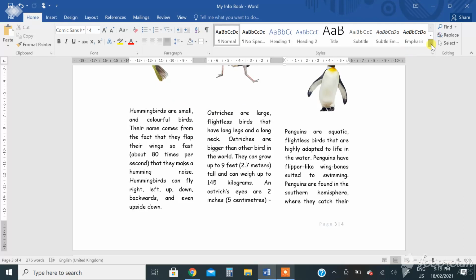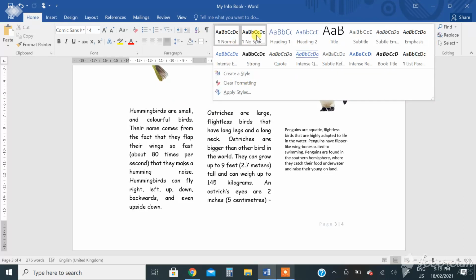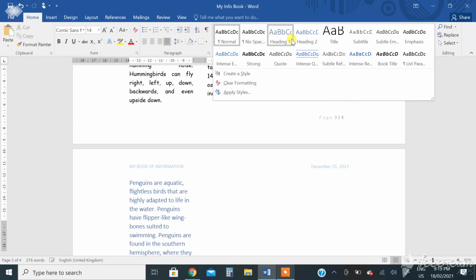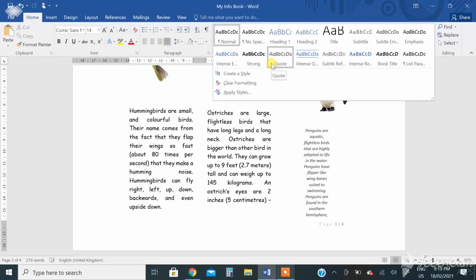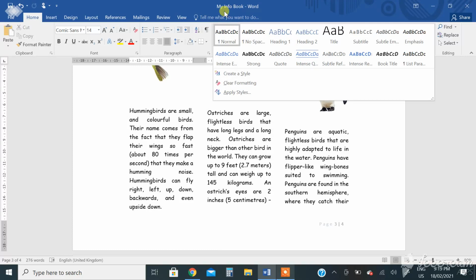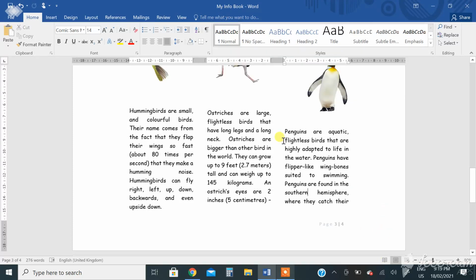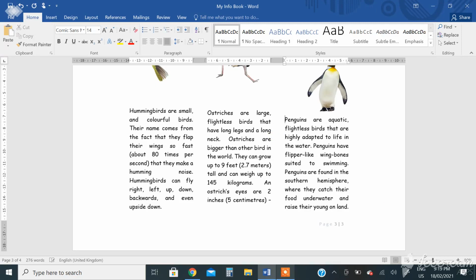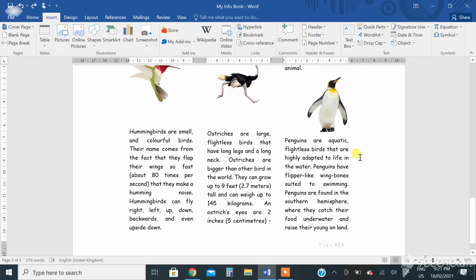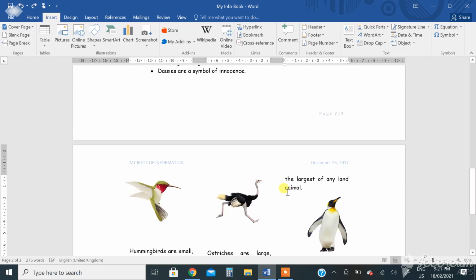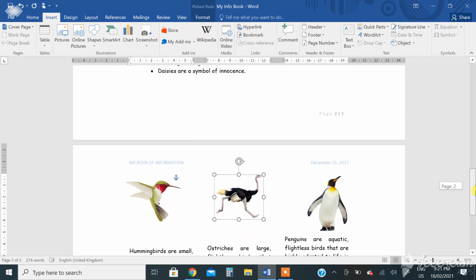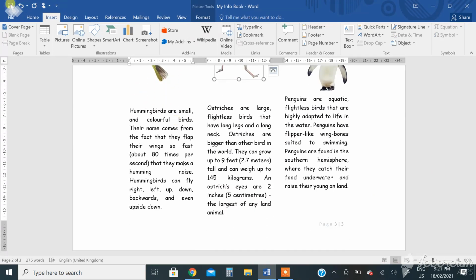So you have to choose Intense Quote for header and footer. That's all done. Now you can save the document and that's it.